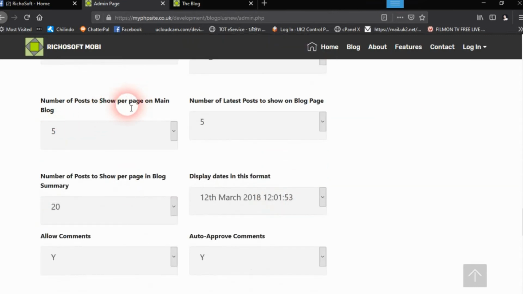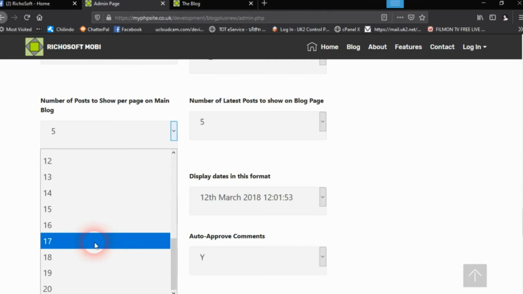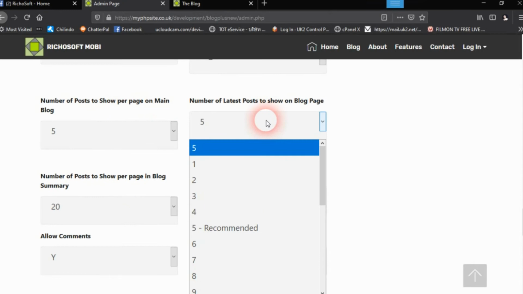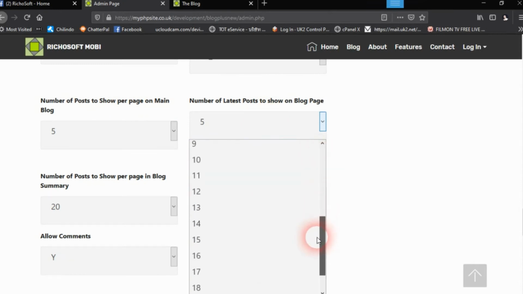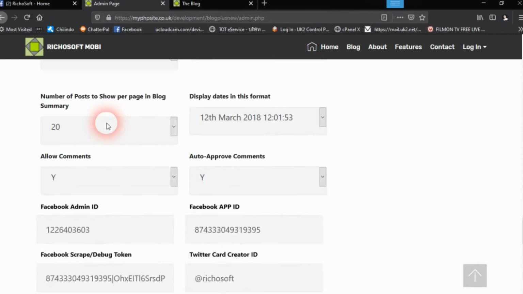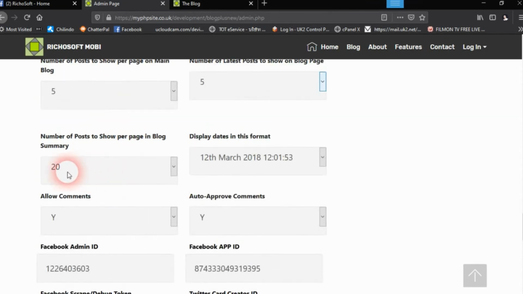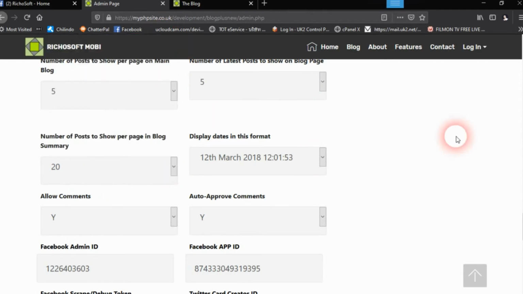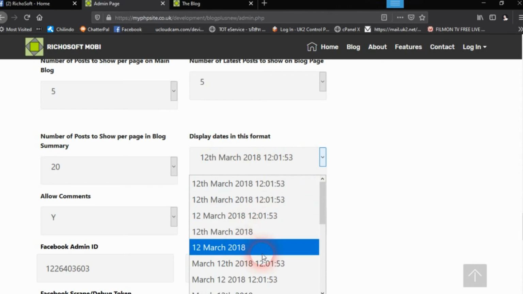How many posts to show per page on the main blog, so if you only want to show the latest 3 blogs or the latest 5, whatever, you can select up to 20 blogs to show on the main blog page. How many latest posts to show on the blog page, again up to 20. The number of posts to show per page in the blog summary, so you can decide how many you want to display in the blog summary. What date format you want to display dates in, so they can be in those different types of formats,